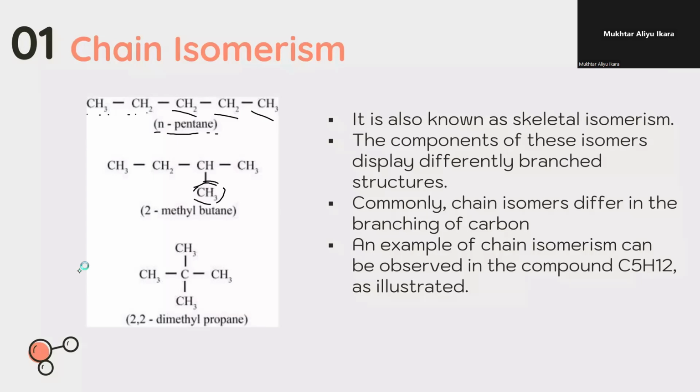So you see here there is no branch in this compound, and here there is a branch at position 2, and the branch compound is methyl and is at position 2. So that is why it's called 2-methyl butane. So chain isomerism is just talking about the different chain or the different branching of carbon